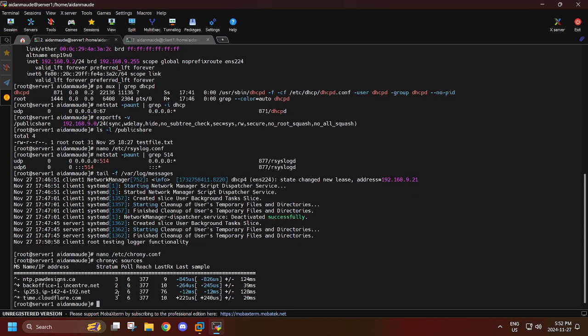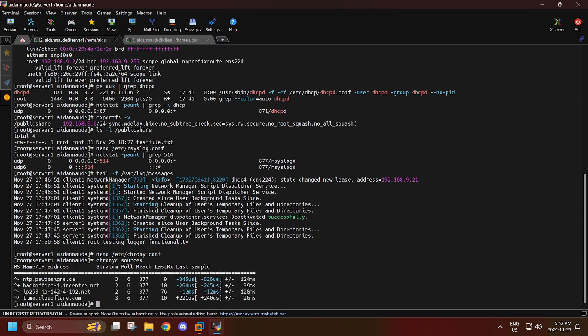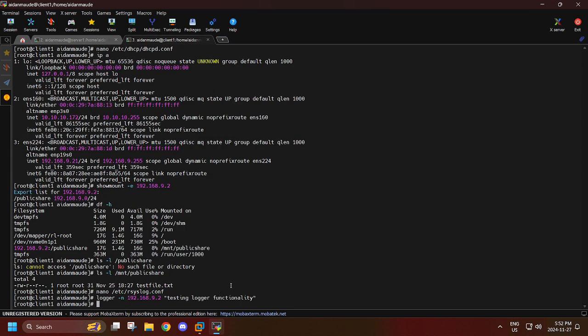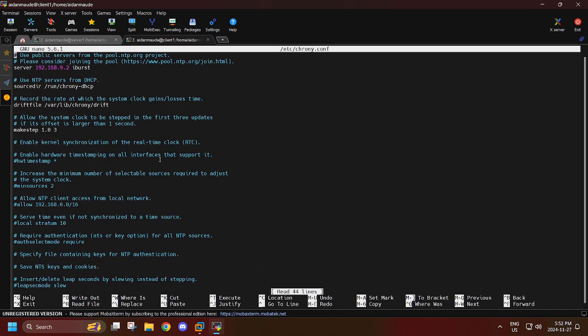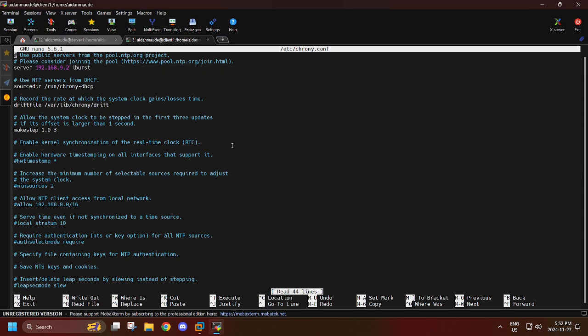Let's see, those restarted. I had removed them, but if I go over here to the client and run nano /etc/chrony.conf, you can see at the top there's the server it's grabbing it from,